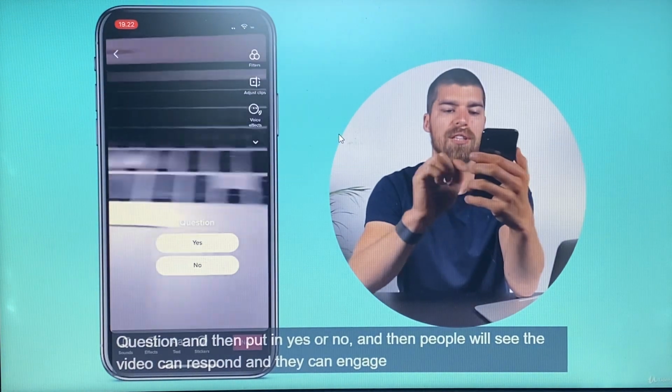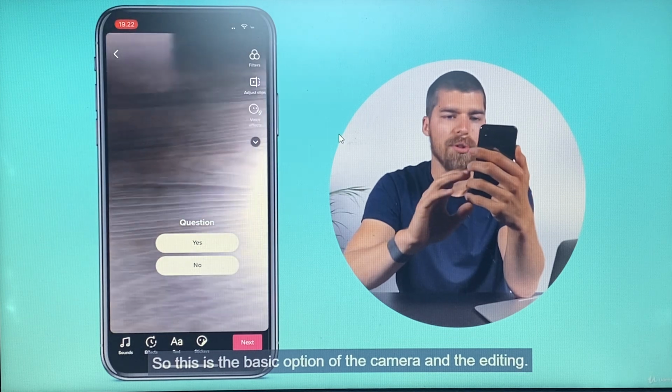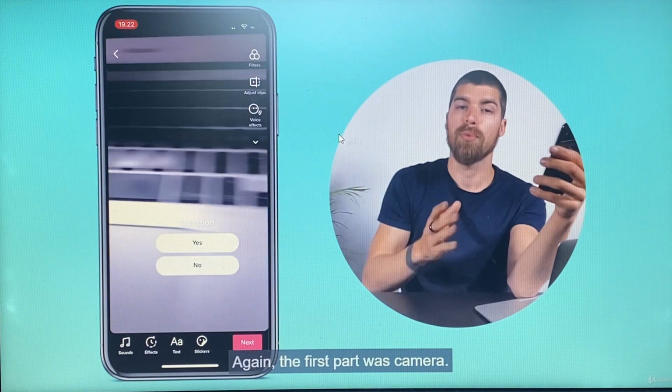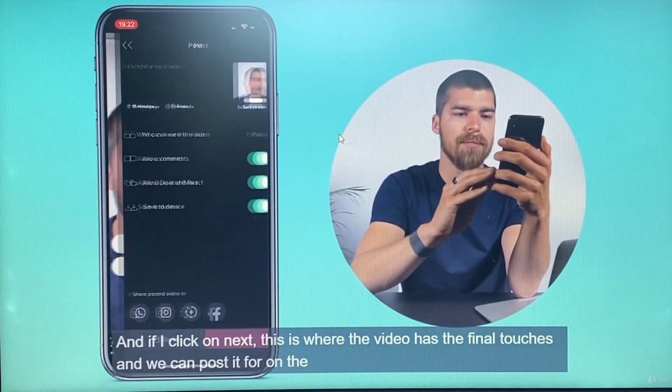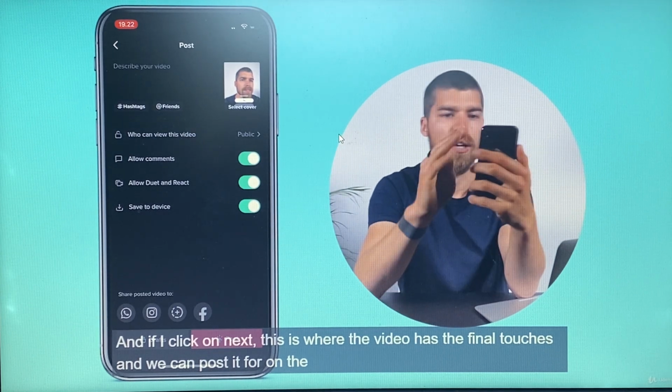And then people that will see this video can respond, and they can engage with the poll. So this is the basic option of the camera and the editing. Again, the first part was camera, the second part was editing. If I click on next, this is where the video has the final touches, and we can post it on